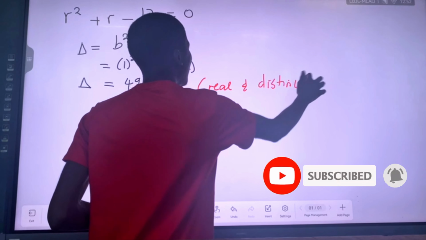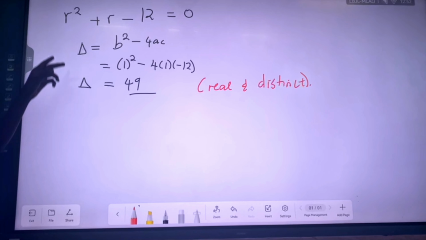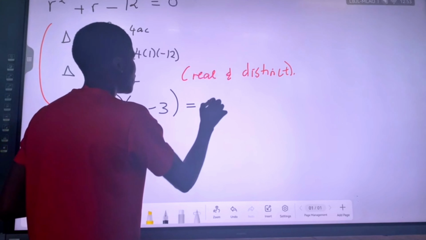So now real and distinct roots, what are we going to do? We are going to solve for them. Oh, R1 no bani, no R2. So we're going to solve the characteristic equation here. If we solve the characteristic equation, then what are you going to get? R, angisho. Then R. Factors of 12 that can give us 1. What is it going to be? 4 minus 3. So positive 4 minus 3. Angisho. This will give us 0.